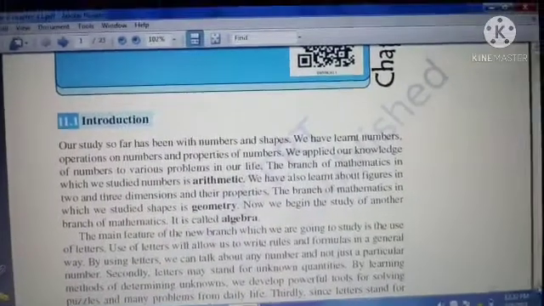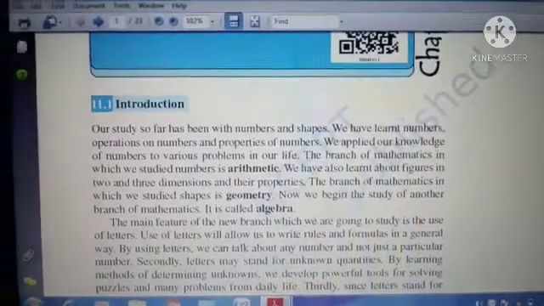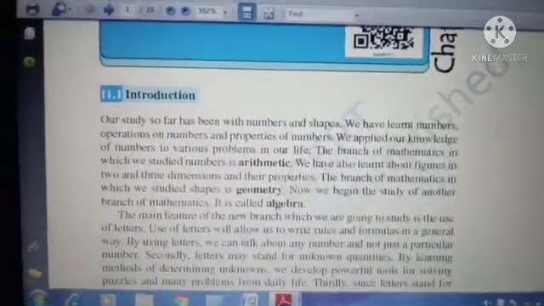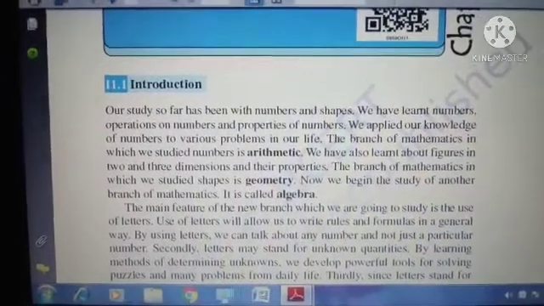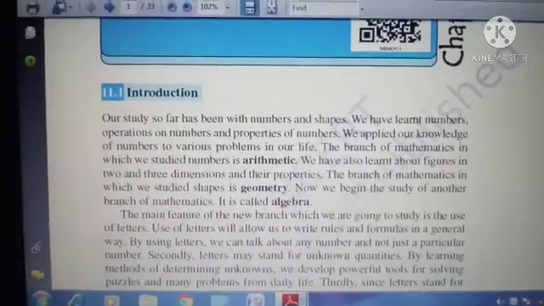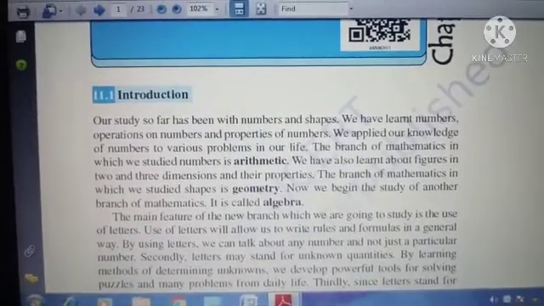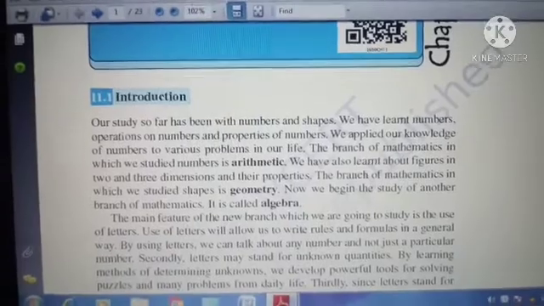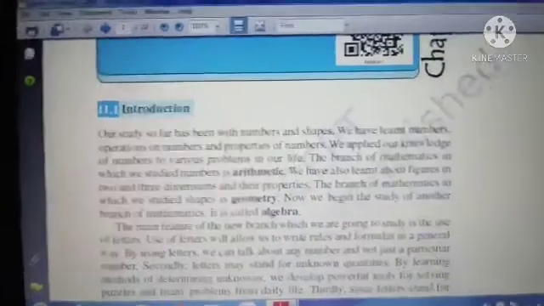Actually, what is meant by algebra? Algebra is a branch of mathematics where you learn about the generalization of numbers. In other words, when you learn about numbers, you just learn 1, 2, 3 and so on. That is what the numbers you know.